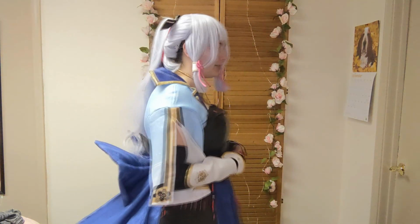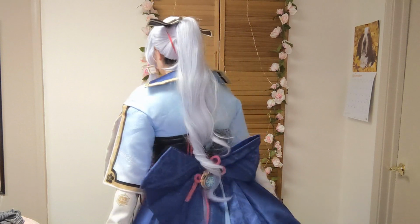easy fix. I just added safety pins, and you can't really see them because of how the bow is. This belt part, you can kind of see here, it's supposed to go underneath, but because this is so tight, I don't know if it could fit anything underneath it, so right now I have it above it. But it seems to work okay for holding up these side pieces, and the bow is a